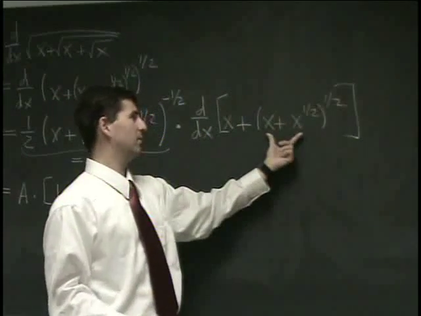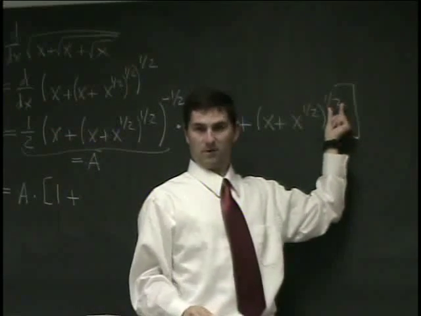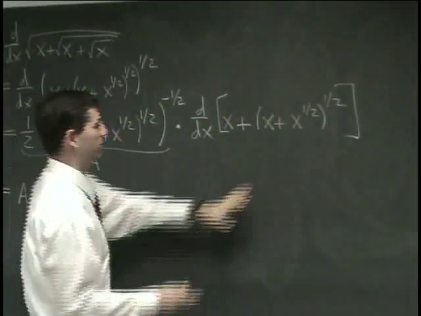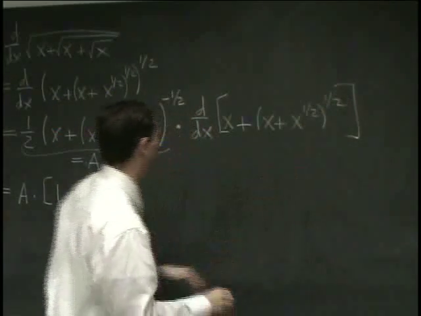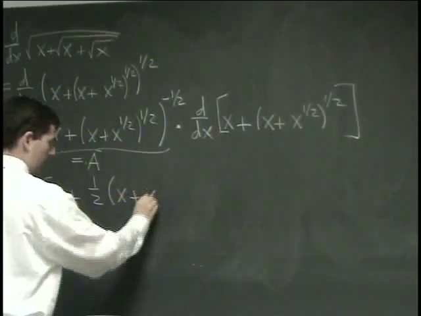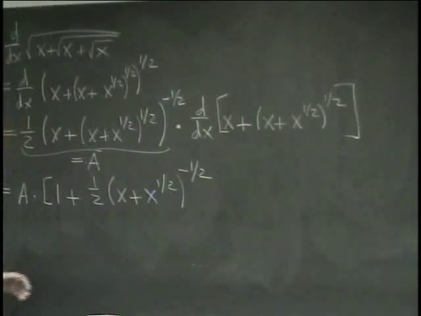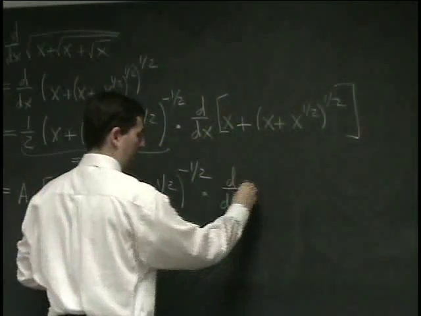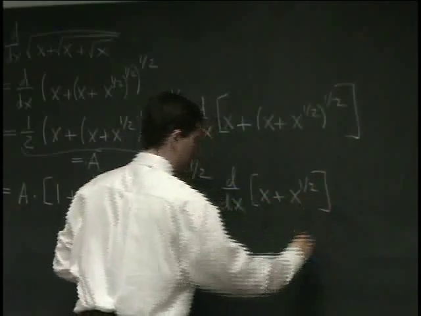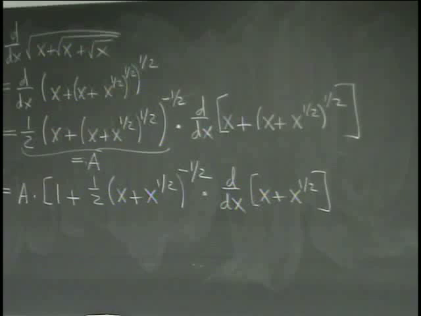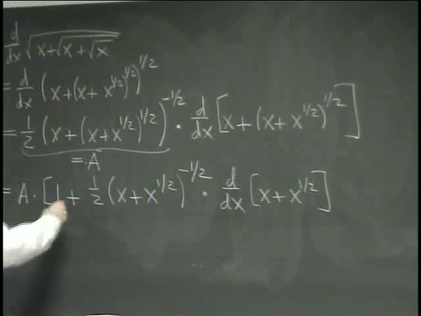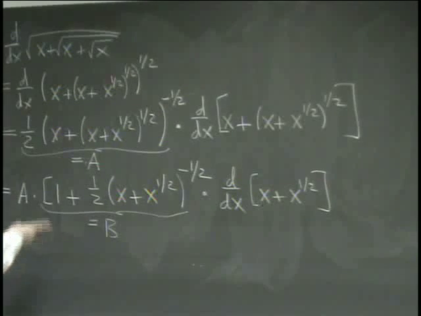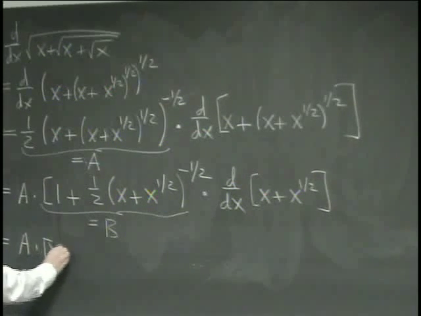Okay, now we have another function, which, oh my goodness, is another composition of functions. So we're going to have to use the chain rule again. So first we do the derivative of the outside, and what are we going to get? We get 1/2 times x plus x to the 1/2, all raised to the minus 1/2, times the derivative of the inside. Okay, fine. This is all good, so let me just call this B. So I get A times B times